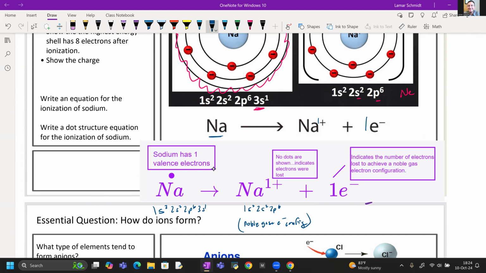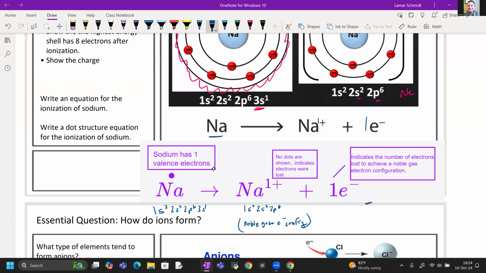Also, I'd like for you to draw a dot structure for the same thing. What we notice here is we're showing sodium with the 1 dot above it. So it's showing it has one valence electron. Here's its electron configuration. Here's the reaction arrow. Now, when we draw the dot structure for a cation, no dots are shown, and it indicates that the electrons are lost. Notice there's no dots on this cation,